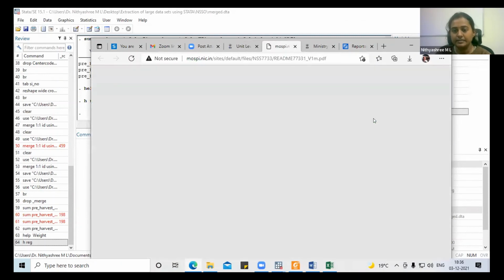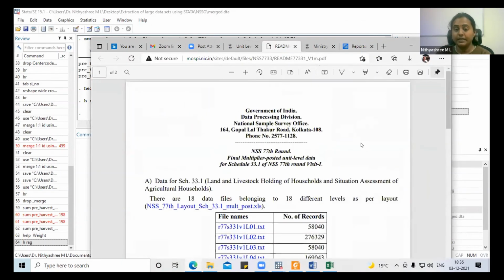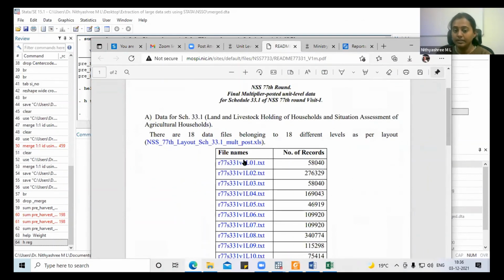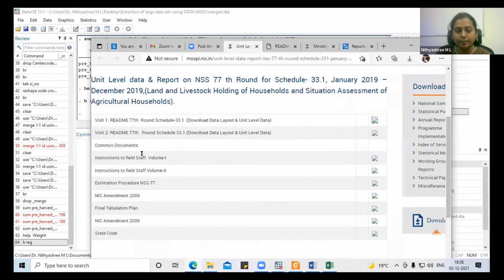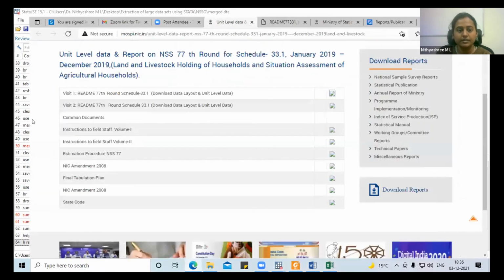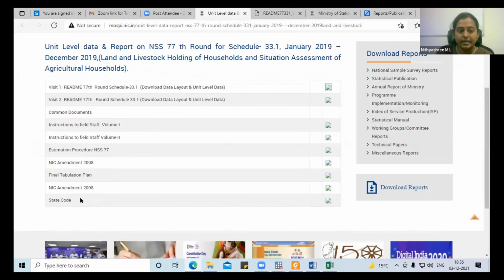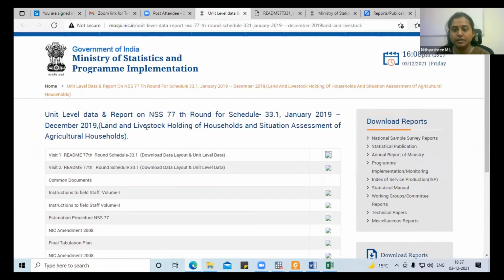When you click this, you will get something like this. So you click, and all the data will be available for you. These are the text files and this is the layout file. Supporting files are given here: procedure, state code, tabulation, all these details. Just download this. This is the recent one, and use the same procedure.